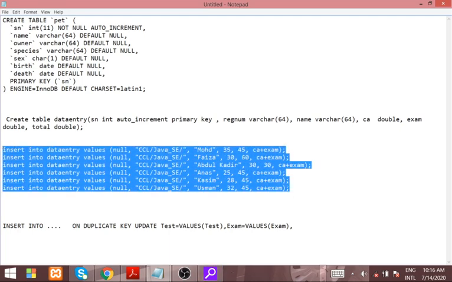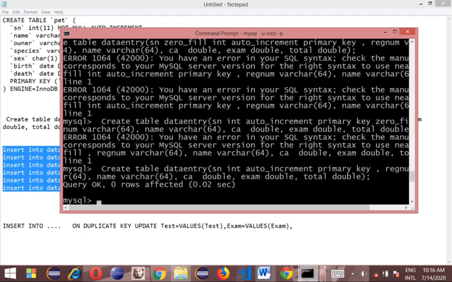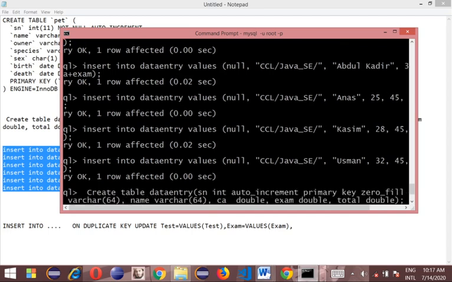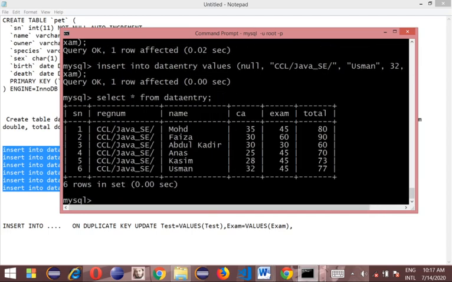So let me make this insertion. It has done the insertion, so we can select and see the content. You see, this column is not correct. It's not updated. So you can be using this SN to update it. How? You write another query that says update. What are we updating? We are updating the data entry table. Then you say set. What are you setting? This column region to